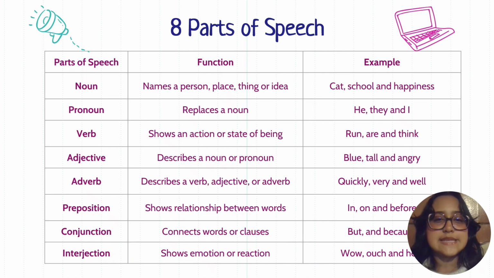We have the traditional parts of speech: noun, pronoun, verb, adjective, adverb, preposition, conjunction, and interjection. I'm going to explain it like a little review of each one. Nouns have proper nouns, common nouns, countable and uncountable nouns, concrete and abstract nouns. The pronoun replaces a noun, and for verbs we have main verbs, auxiliary verbs, modal verbs, and transitive